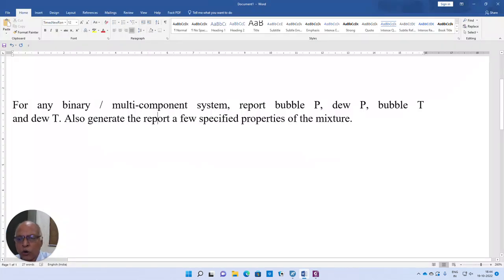Yeah, good morning. In this session, I would like to demonstrate how to calculate the properties of a mixture and also generate a report during your simulation. In fact, I'll be taking up bubble pressure, dew pressure, bubble temperature, dew temperature, and also we'll be calculating certain properties of our interest. Probably after this, you should be in a position to identify whatever property you want with